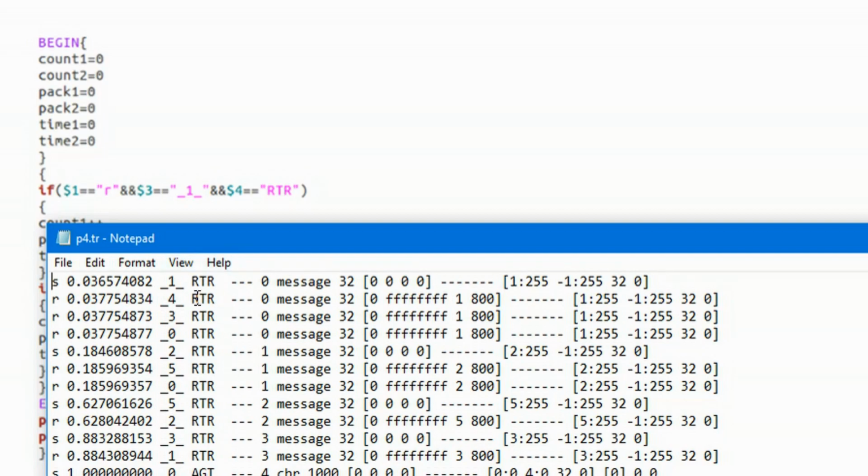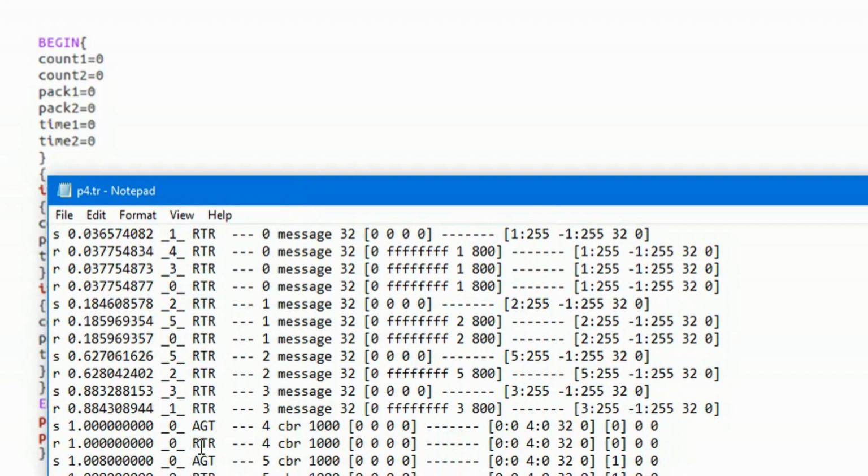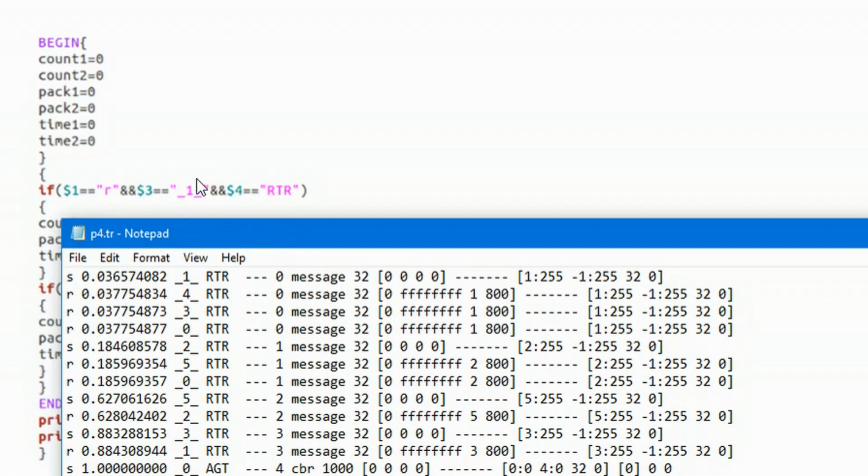This is router trace. I have switched on both router trace as well as agent trace. This is my agent trace, AGT, that you see here. I am checking only the router trace here. So R, router trace, and node number 1. Clear?